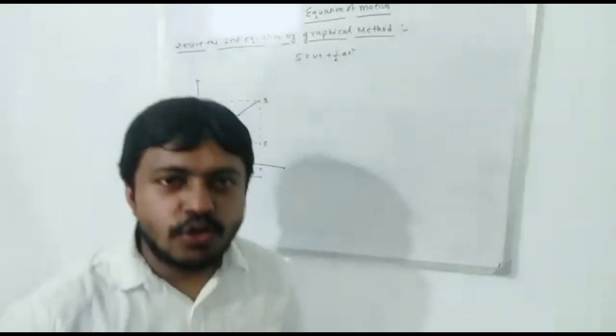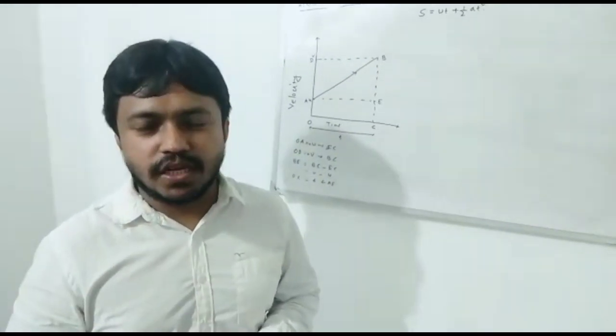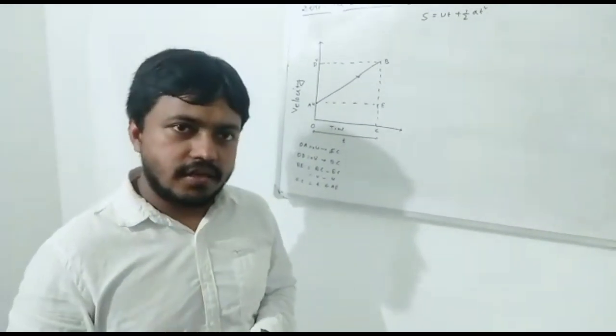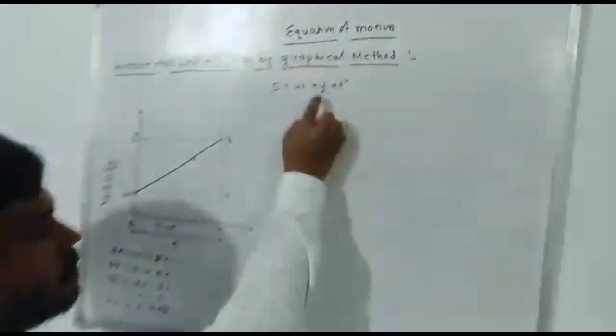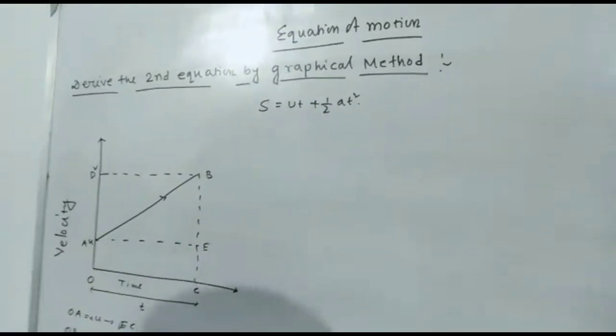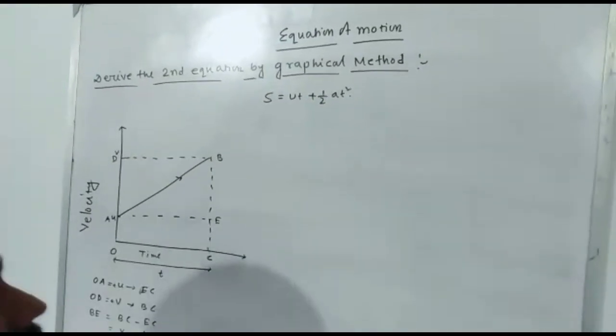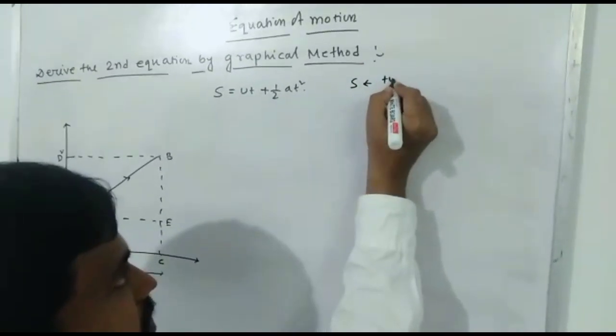Hello everyone. Today in this session we are going to derive the second equation of motion by graphical method. Now what is the form of the second equation of motion? The mathematical form of the second equation of motion is s equal to ut plus half a t square. Now what is the meaning of s? S means the displacement of the body,